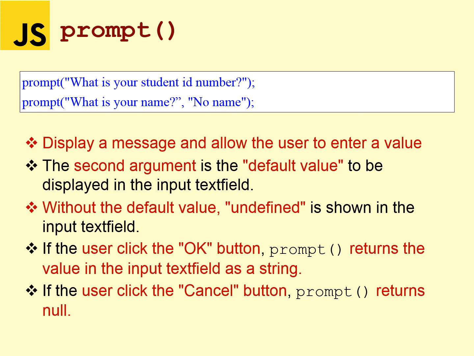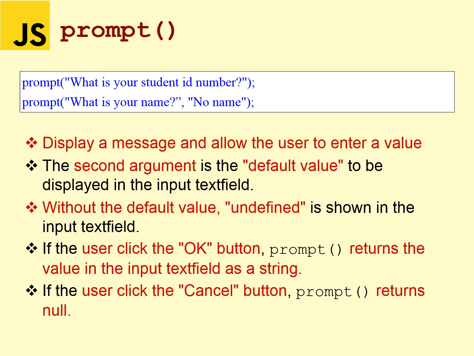Now another prompt function is there which contains the text, what is your name. The question that appears on the message box is, what is your name. Then a text box is there, then an OK button and a cancel button. The text box has a default value, no name. If the user does not specify any value, no name will be taken as the answer by default. Otherwise, if the user inputs a value, the browser will take that value.